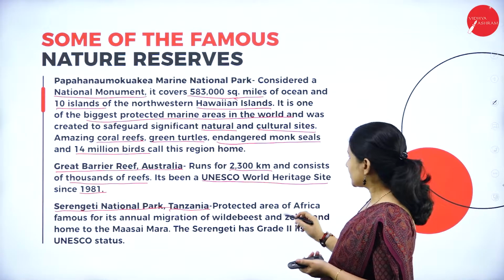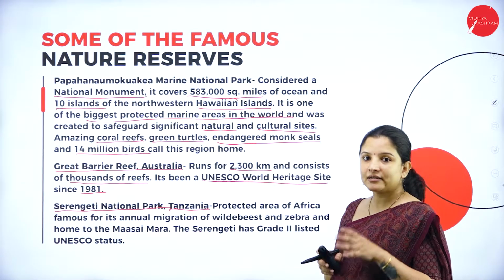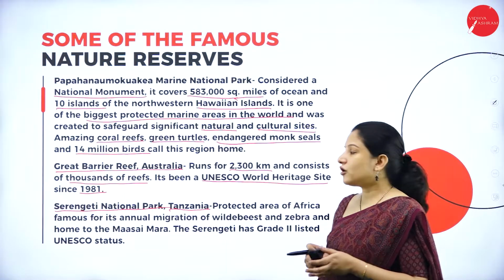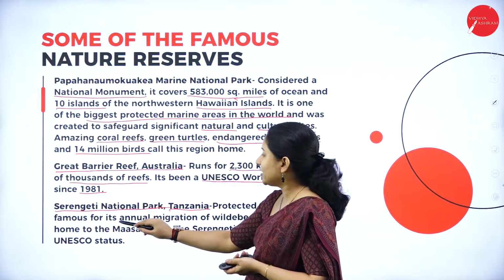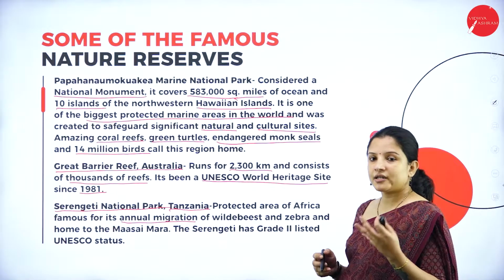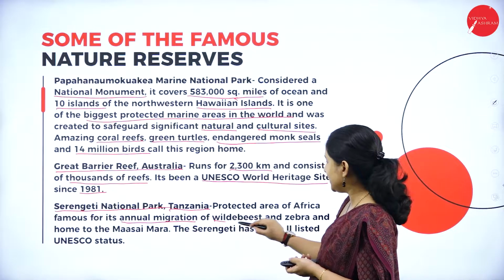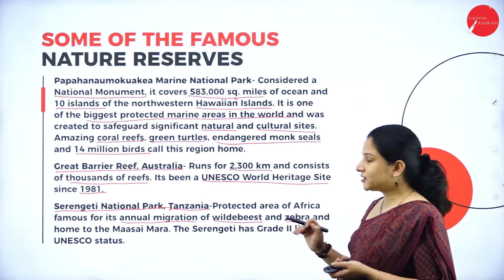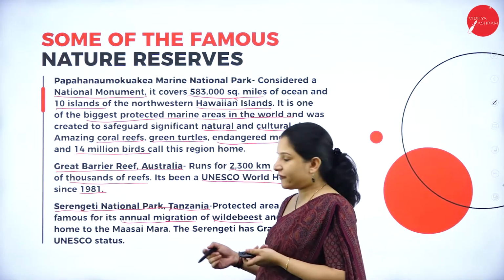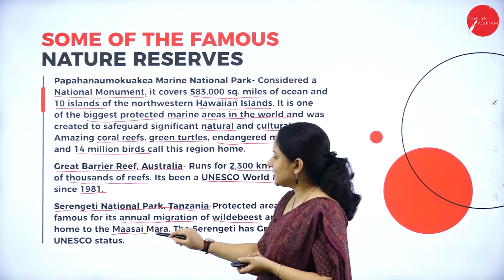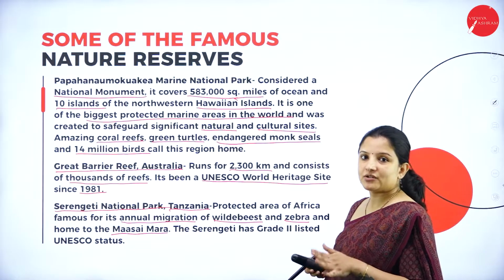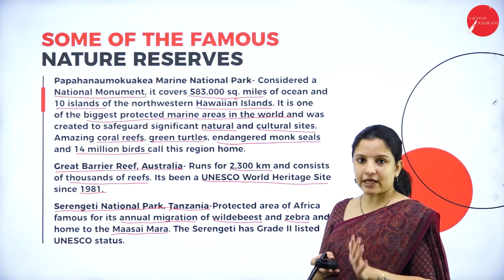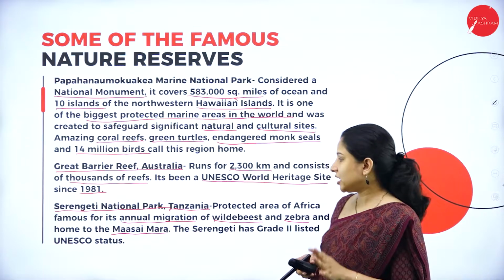So this is the protected area of Africa, and this nature reserve is very famous because a lot of migratory animals come here. Every year there is migration of wildebeest and zebra, and this particular national park is home to a group of tribal people called the Masai Mara. These are the tribal people who have been living in this national park of Tanzania for many years,